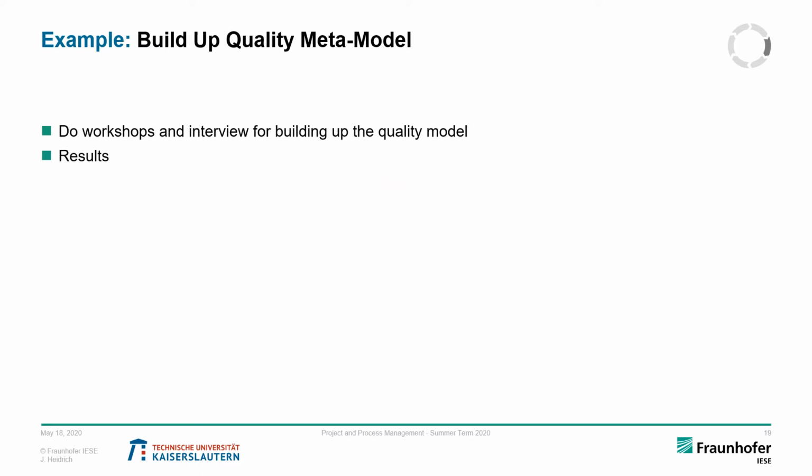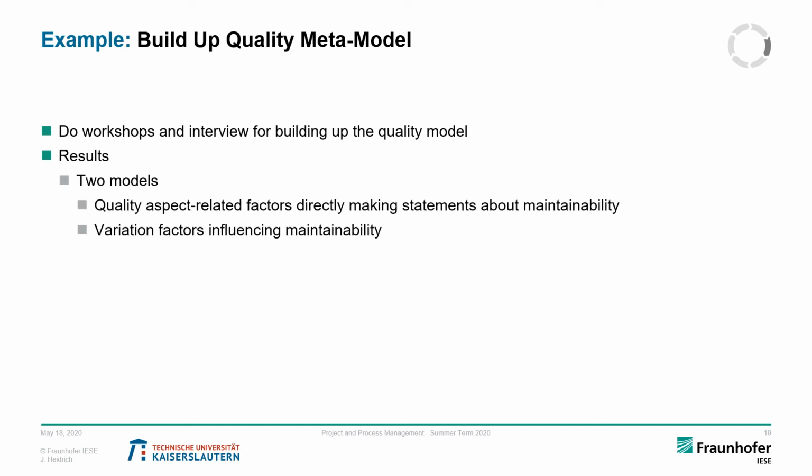Let's build up our quality model, and based on that goal, we conducted workshops and interviews for building up our model. And the final decision was that we actually need two different quality models, one addressing the quality aspect of interest,